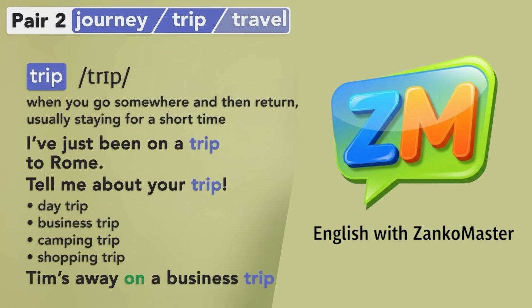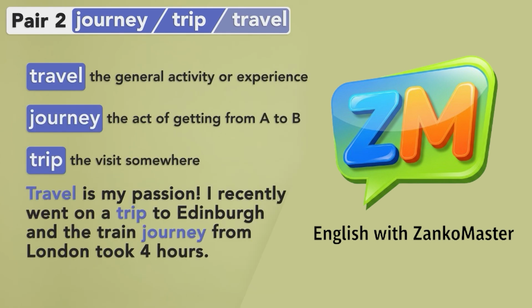So travel is the general activity or experience. Journey is the act of getting from A to B. And trip is the visit to a place. One final example. Travel is my passion. I recently went on a trip to Edinburgh, and the train journey from London took 4 hours. Here's some homework. See if you can write a sentence like that with all 3